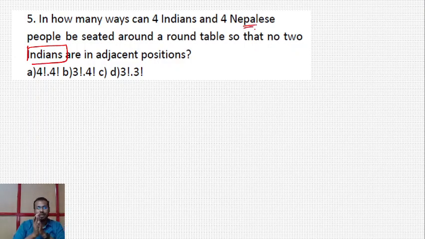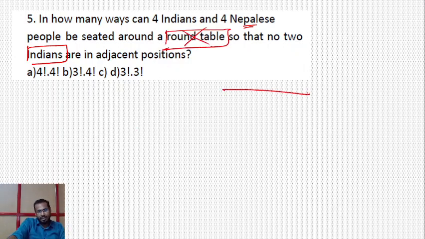I want to give one example for this concept, then only you will understand this. Don't take this as a round table, just take a row. There are 4 Indians and 4 Nepalis. No 2 Indians should sit together, which means first we need to allocate the Nepalis and allocate chairs for Indians,